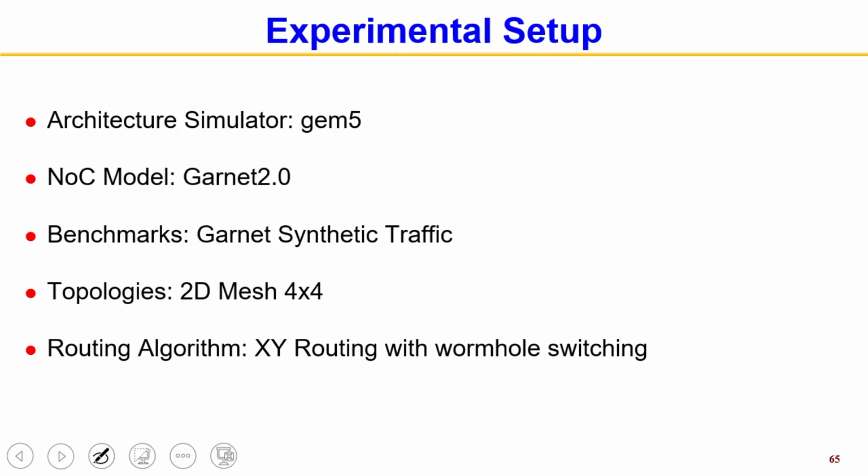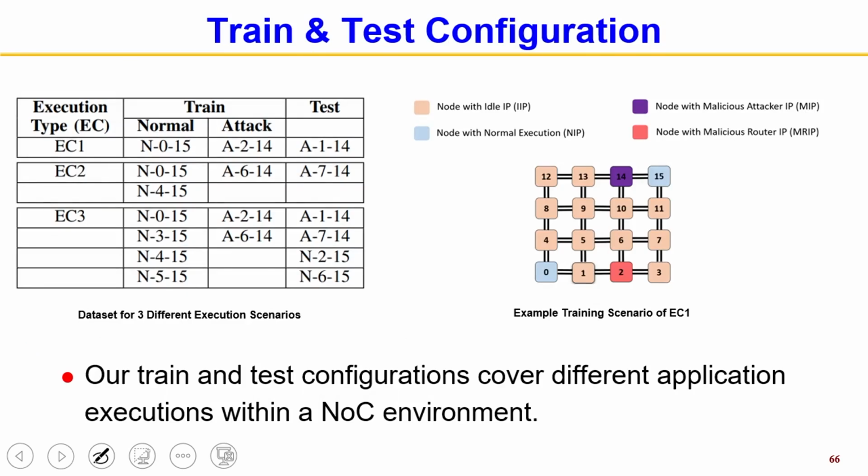So, in terms of results, how well does it work depends on how much data the eavesdropper is going to consume. We still have a similar configuration where, in the normal case, node 0 and node 15 are communicating, and the attack is going on at node 2 and node 14. For example, node 2 here and node 14 here collectively work together. As you can see, the train configurations and the test configurations have no similarity; they are totally different.